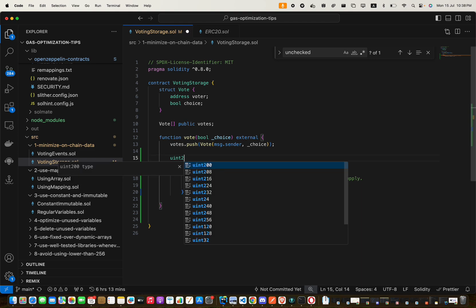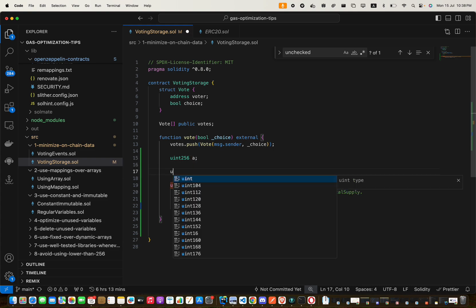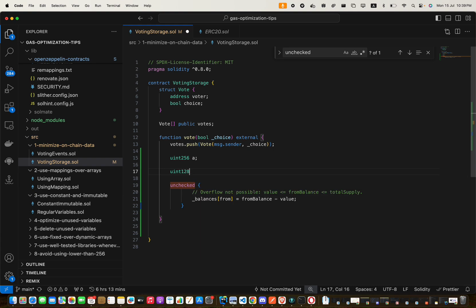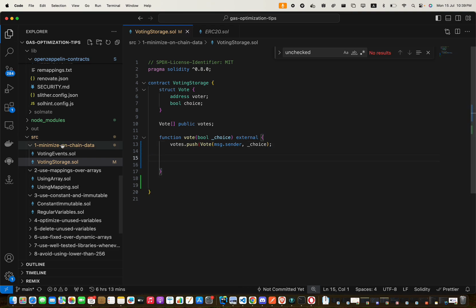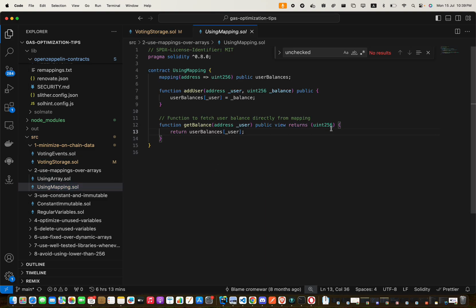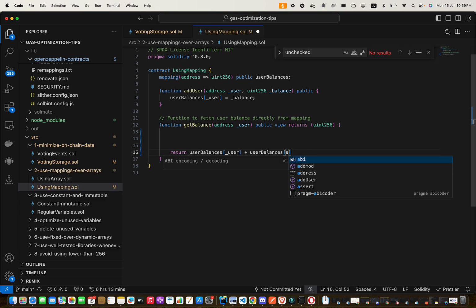ለምሳሌ I can say uint256 of a and define another uint256 of b, or we can say let's remove all this እና ምን ማለት እንችላለን? where's the user balance? እዚህ ጋር get balance ላይ ለምሳሌ የዩዘሮችን ባላንስ መደመር ፈለግን before returning it, so we can say user balance of address 0x የዚህን ባላንስ ከዩዘሩ ጋር መደመር ፈለግን። so this would work and it has no issue, but ምን ልላችሁ ነው, if we